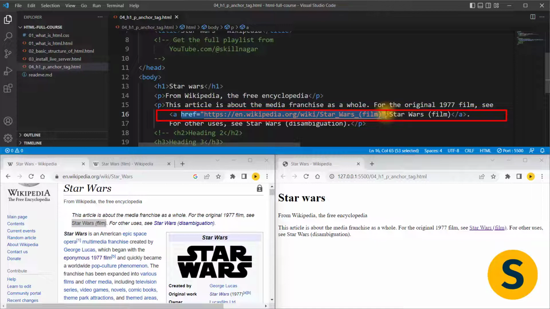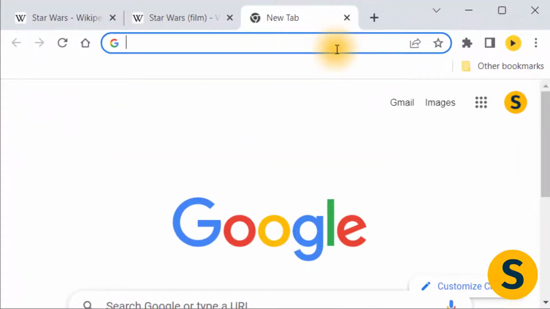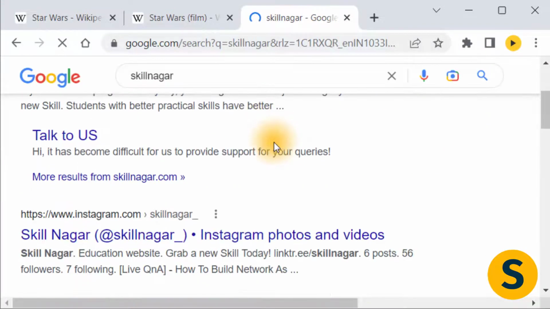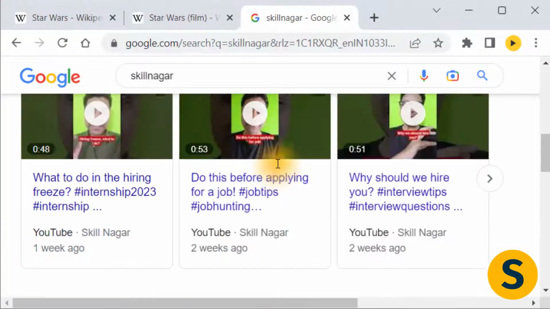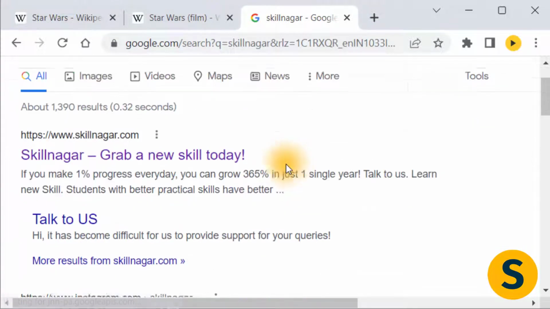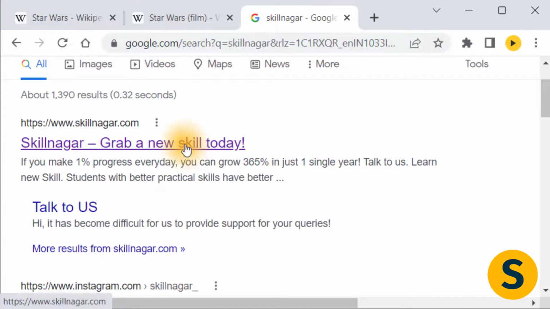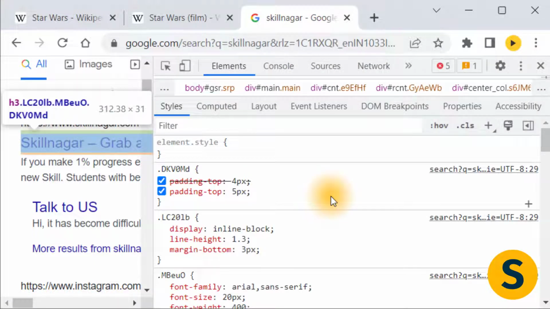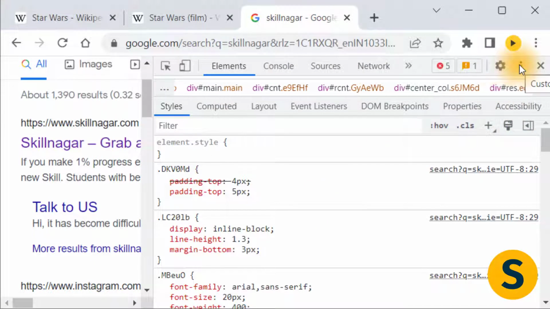Now let's take an example. Let's go to an actual website. So I'll open Google and search for Skillnagar. Now you can see Google has so many links. Let's take an example of this particular link. I'll right click on it and say inspect element. Now when I click on inspect element,